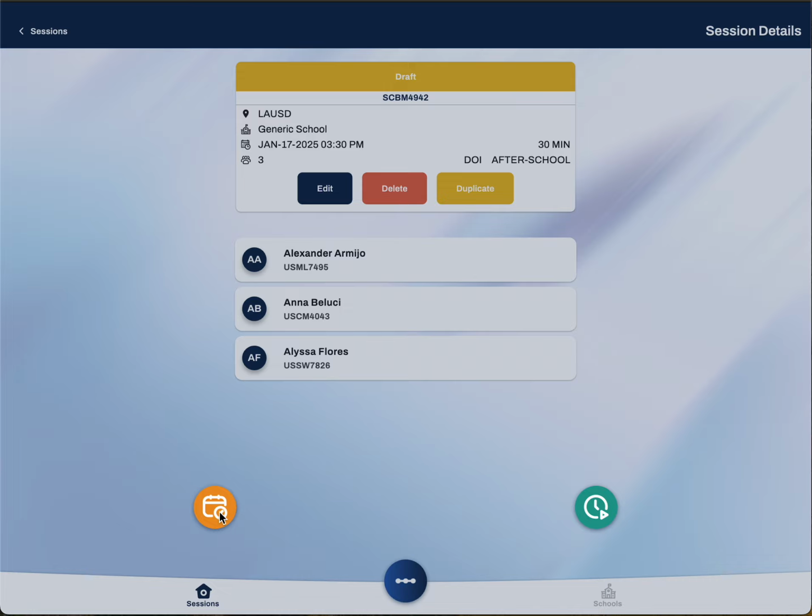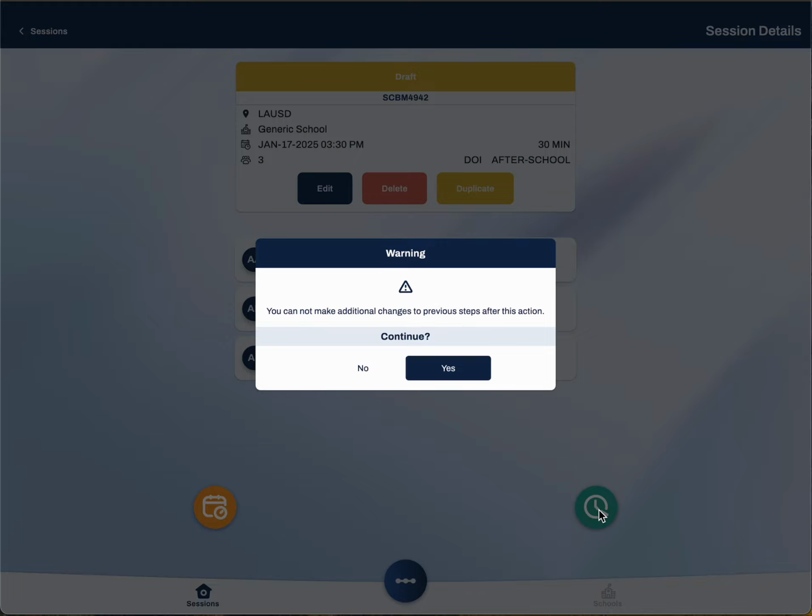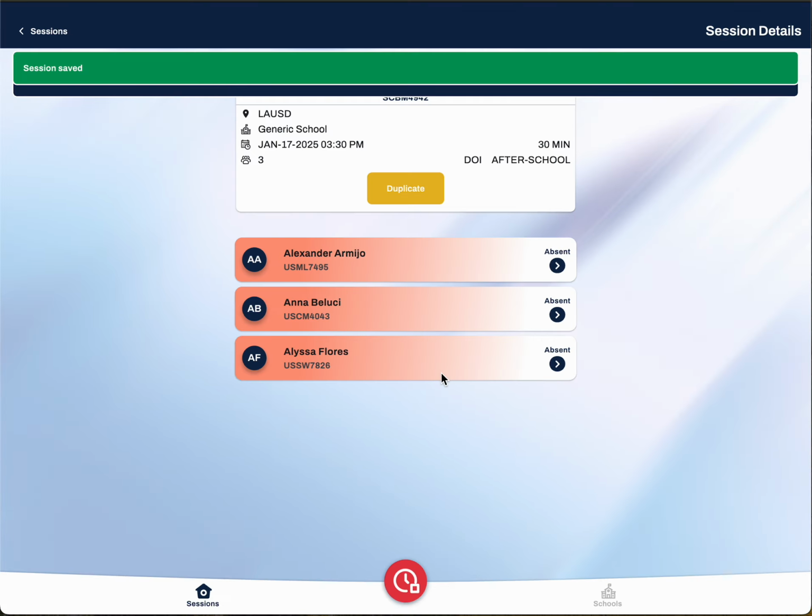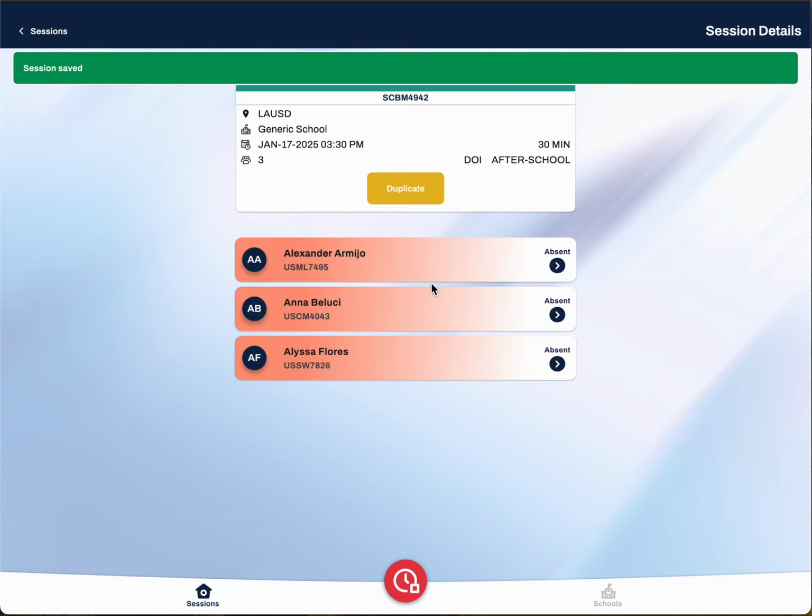and it'll prompt you to either schedule a session or to open a session. For this purpose, we want to click the green clock button that is the Open Session button. You will be prompted with a warning, letting you know that you cannot make additional changes to previous steps after this action, but if everything is accurately accounted for, then you can continue. Presentify will automatically